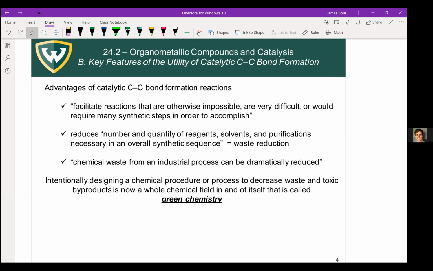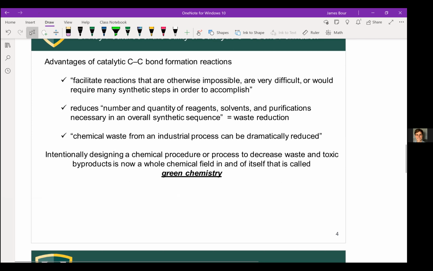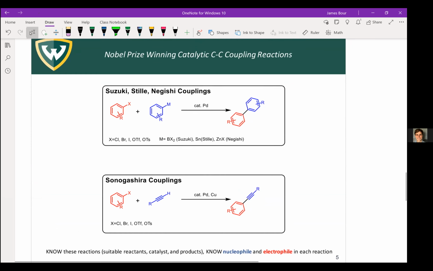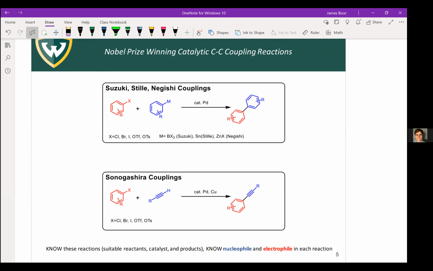So what are the reactions we're actually going to learn? What are some examples of these? Well, we're going to learn 4 major classes of reactions. And many of these have actually won Nobel Prizes for how much they've transformed organic chemistry. So one prominent example, a general class of reaction called cross-coupling, are the Suzuki, Stille,